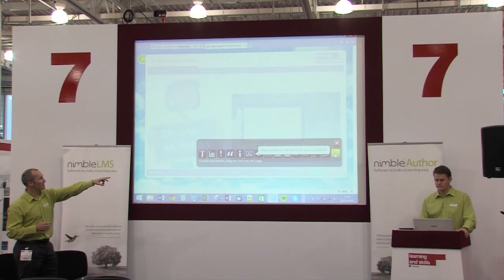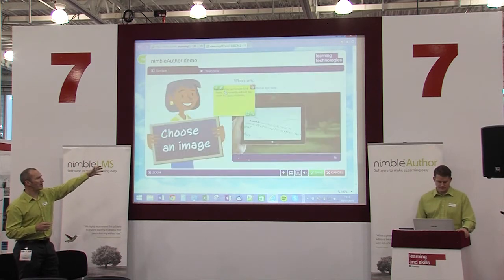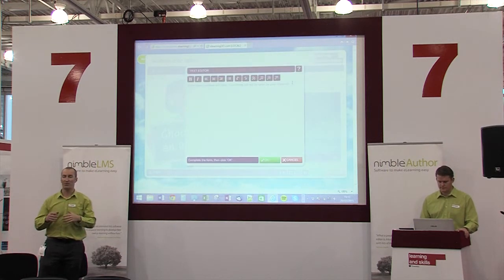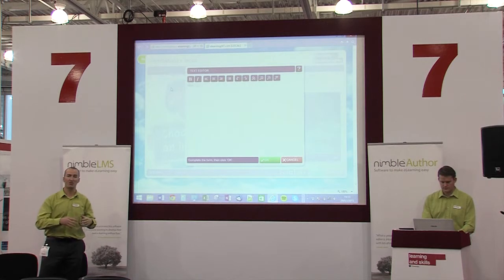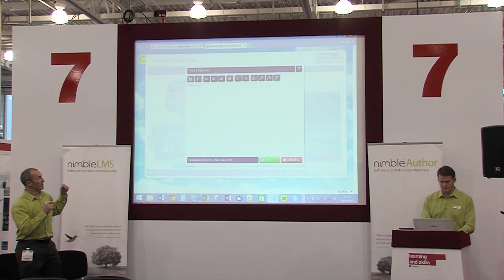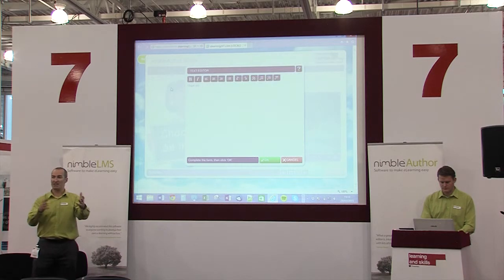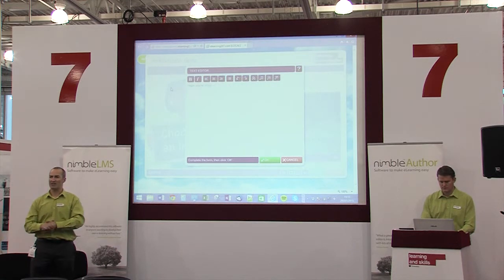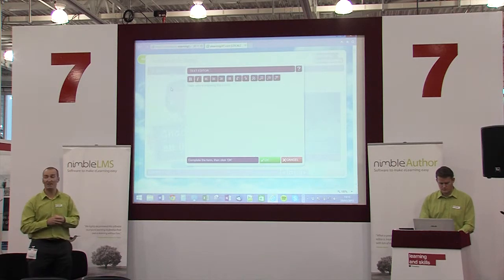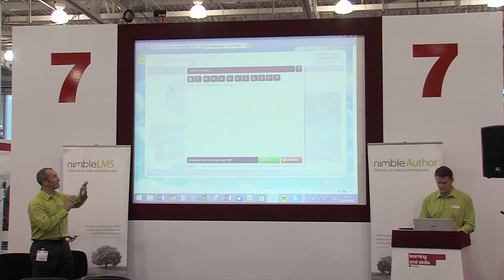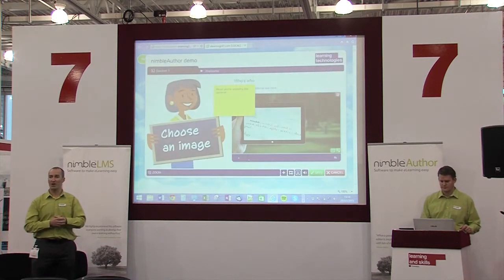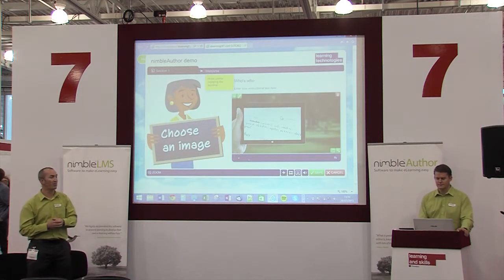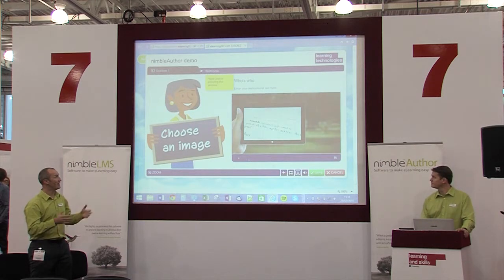Now, one thing Alex has highlighted here, because I almost forgot, was the post-it note facility, and that's a really useful tool for just communicating to other authors. It's not seen by students, but you can communicate with other authors to make sure that they don't miss things. Maybe, you know, some legislation's changing down the line or something. Or it could be used for reviewing. You could have a subject matter expert going back in and making sure that all the key points are covered and things. So it's a really useful but very simple tool. And it's one of the things that if you export your course to Word for reviewing, then it'll show up. So it really helps you to streamline that process of authoring your courses from end to end.